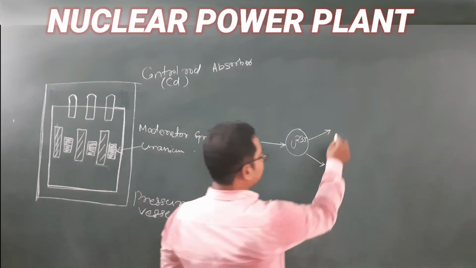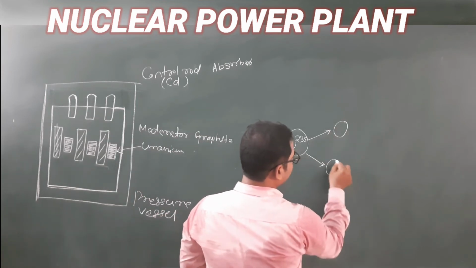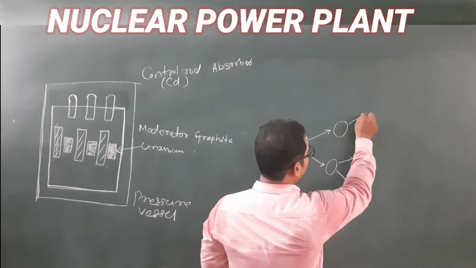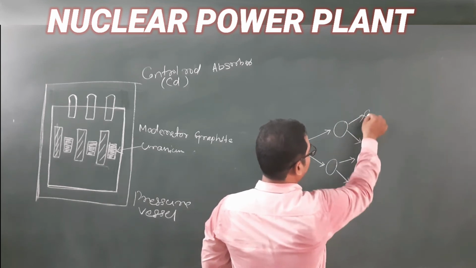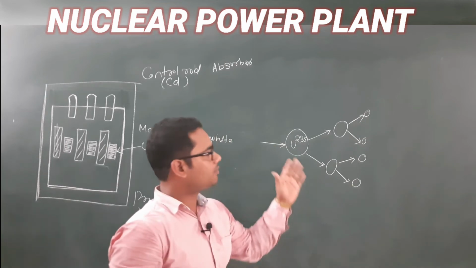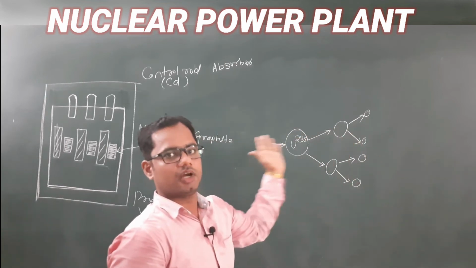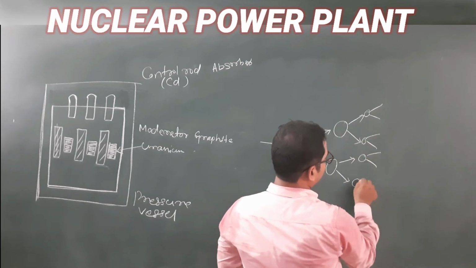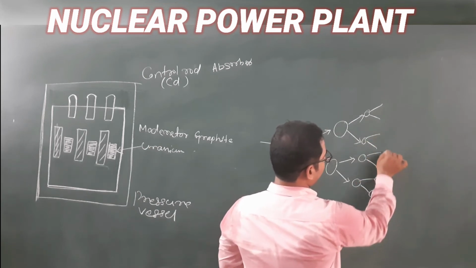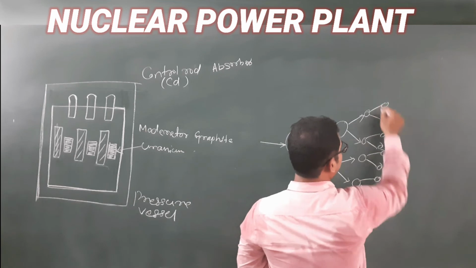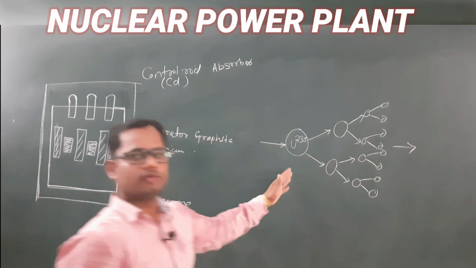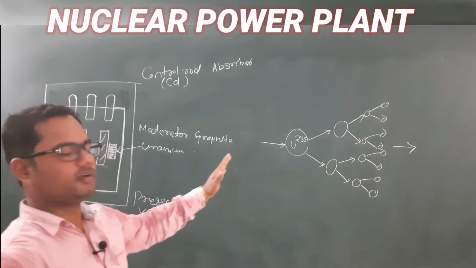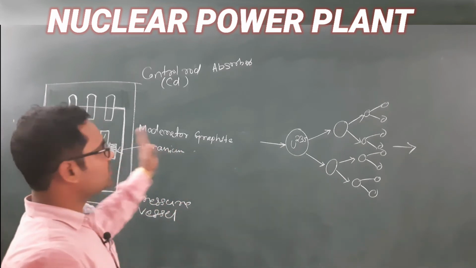So if it is split into two particles, then these two particles again split into another two. So this is an interlinked process, meaning this process is going on. This is a continuous process. Here again it will be divided, again it will be divided, like that. Hence it is called your chain reaction. So with that, a huge amount of energy is released, and that heat, that energy is utilized for production of the steam. Okay.